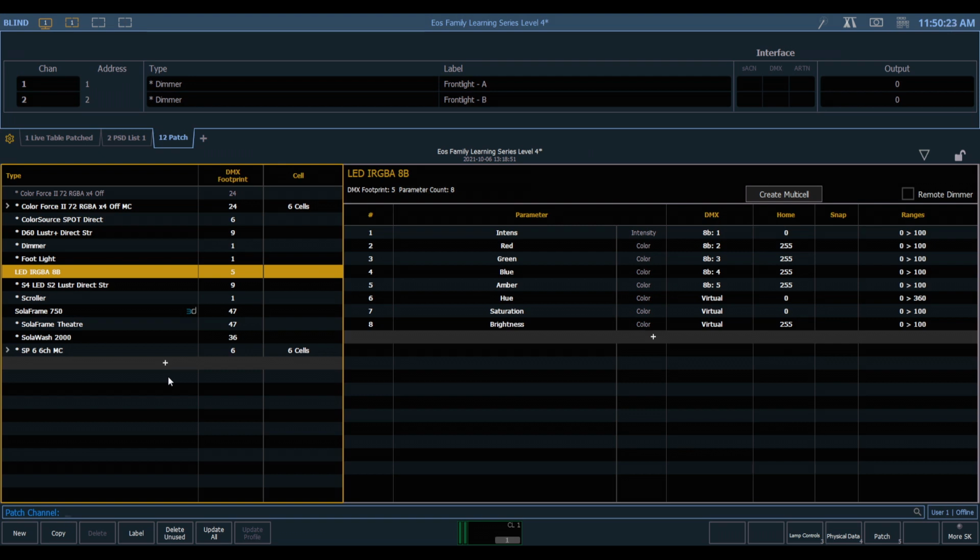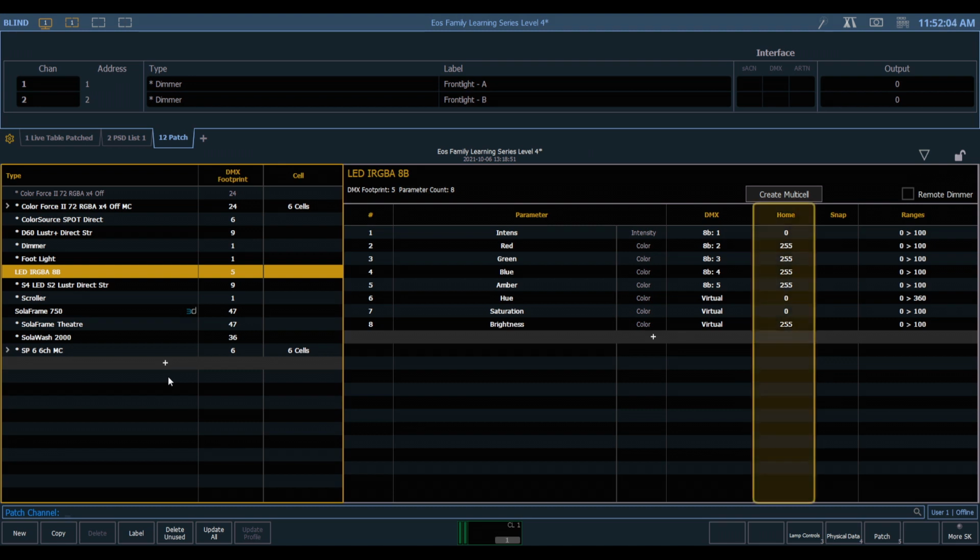For this fixture, we can modify the red, green, blue, and amber parameters directly, or we can use the virtual hue, saturation, and brightness settings on our encoders or in our ML controls, which will calculate the RGBA values for the fixture. Again, virtual parameters do not increase how many DMX addresses are being output by the console or how many addresses the fixture is using. It's simply a different way to control the existing addresses of a fixture.